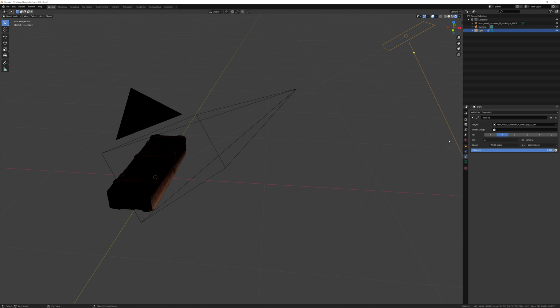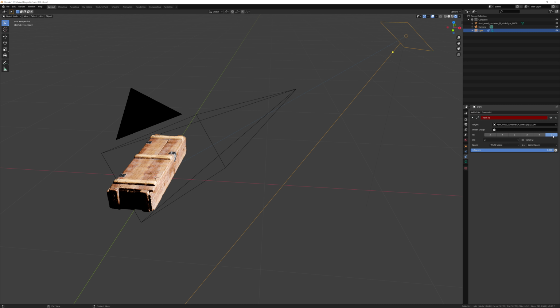So now we need to specify the orientation of the lamp to snap to the crate. And that's what these settings, to and up, are going to be specified. So we need to specify that it's -Z because that's the direction down of a lamp. And then the up angle here needs to be something that is either X or Y. It just can't be the same angle as the to version. So I'm just going to select X.